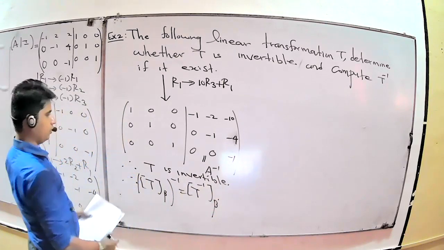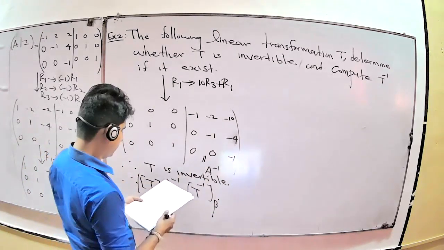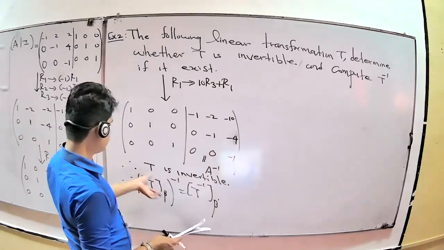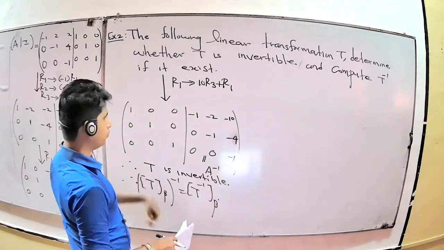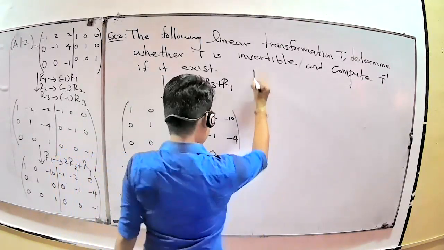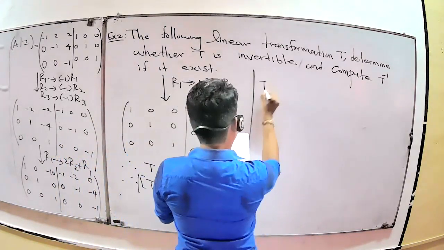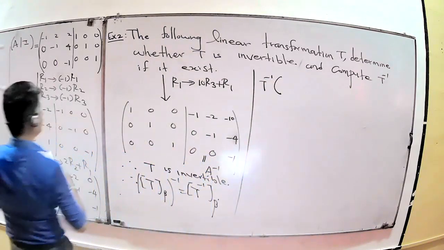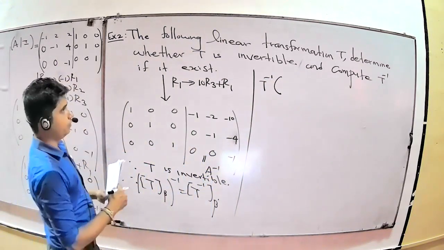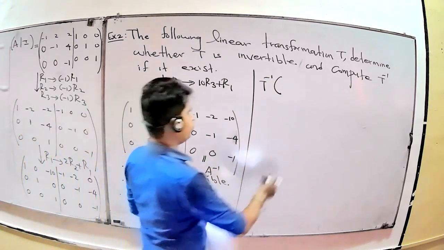Therefore T of beta inverse equals T inverse of beta. Now you want to find the inverse matrix, no? You want to compute the T inverse. Easy idea for the T inverse, right? Here you can write easily T inverse. Suppose you take the T mapping from P2 to real number, therefore T inverse is also from P2 to real number.